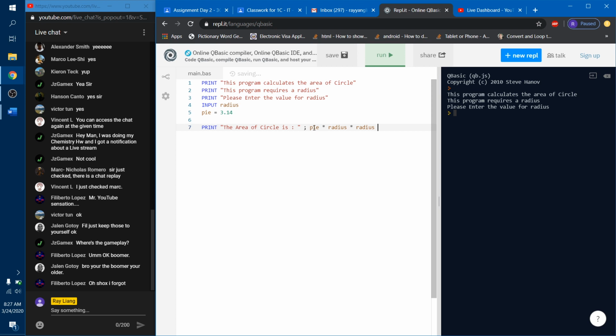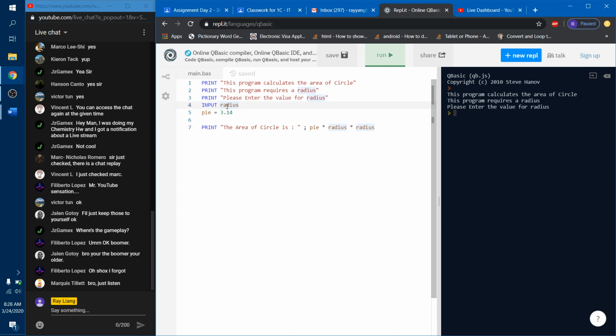What the right-hand side of the semicolon does is take the value of pi, not the word pi but the value. The reason is that it's not in double quotes, so it's not going to print the word, but use the value that the variable has been set to. Radius, in this case, we cannot know until the user inputs it. In other words, when the program runs, it asks the user for a value for the radius. Notice it does not proceed with the program. It waits and waits until the user enters the radius. If the user does not enter anything, the program will stay here in suspended animation until some value is entered. So if we put the number 5 for our radius,